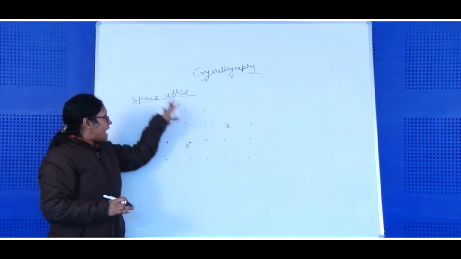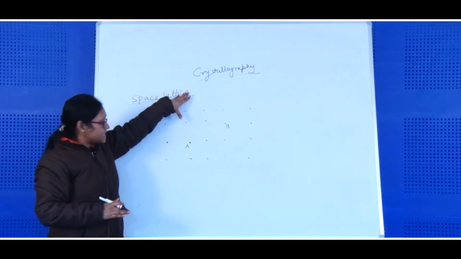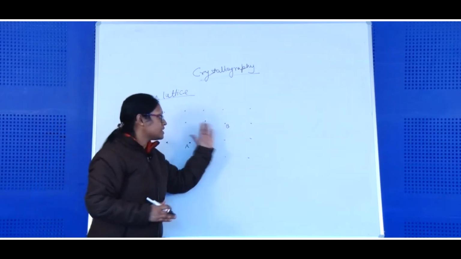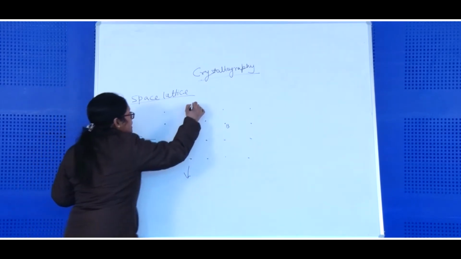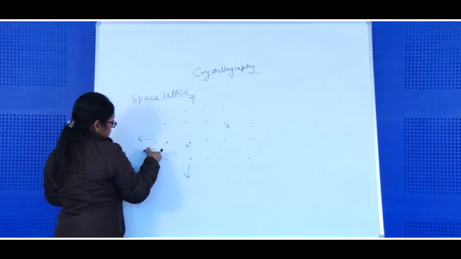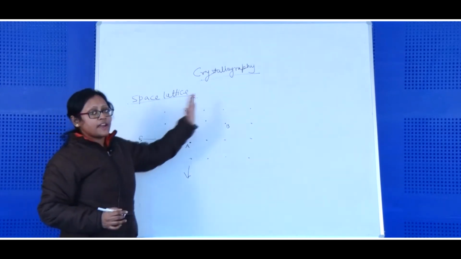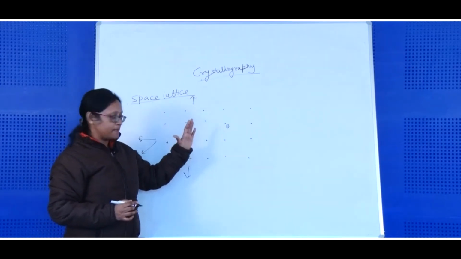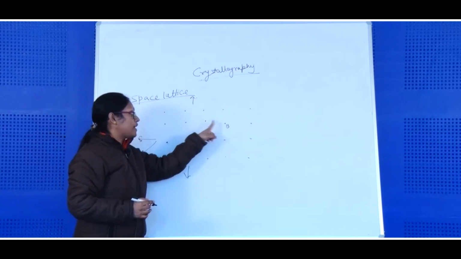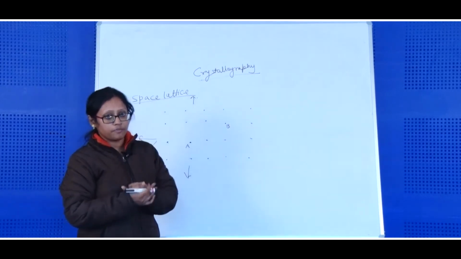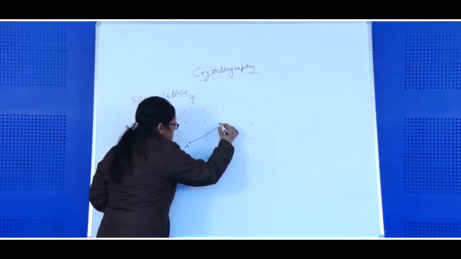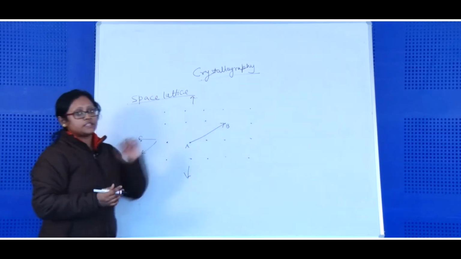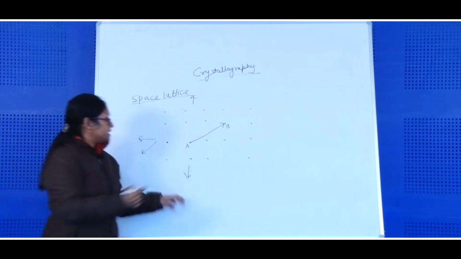So a space lattice, or lattice points, is a 3-dimensional infinite arrangement, infinite obviously in all directions and in the front side also. It is an infinite arrangement of points in space where each point has an identical environment. Now, let us join these 2 points, A and B. This AB is called